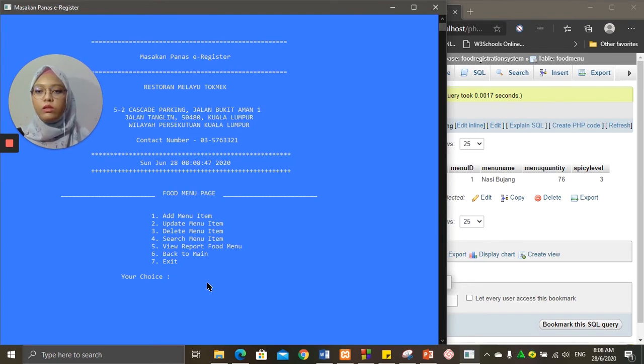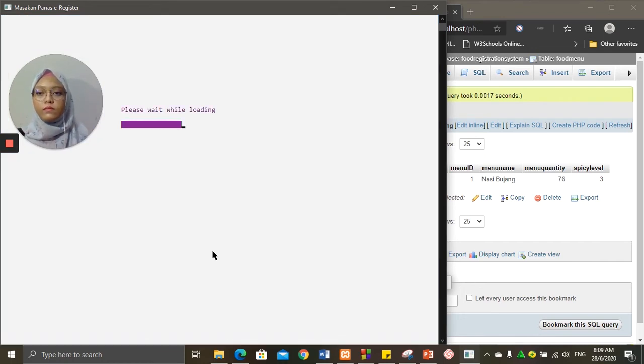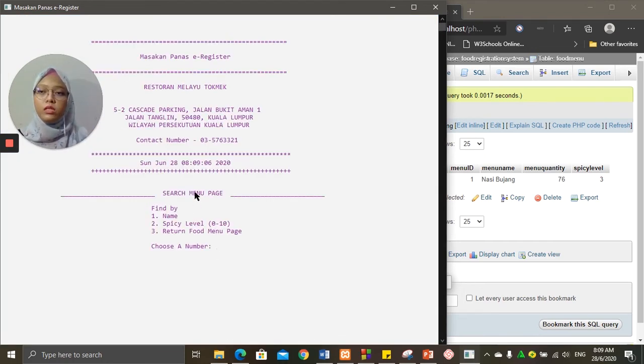Okay, now we'll go to number 3, or we'll go to search menu item first, because we want to search, right? If we delete first, then there's nothing to search, so we go to number 4 then. So this is the search menu page. It's stated here we can find by name or by spicy level.